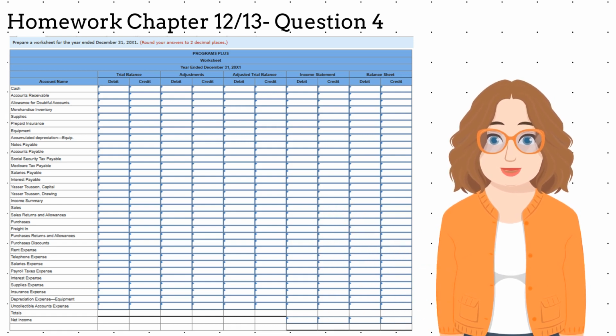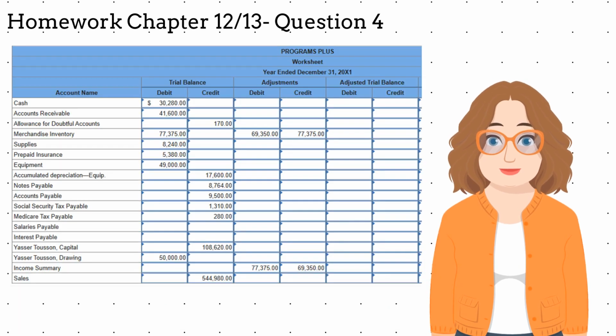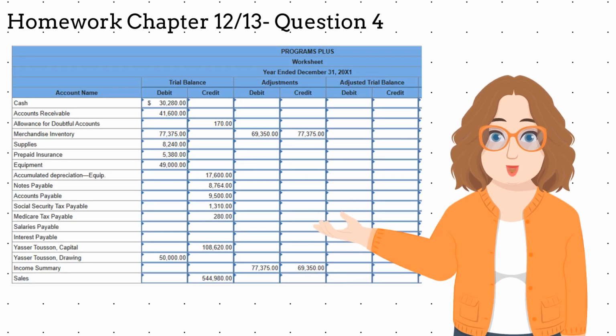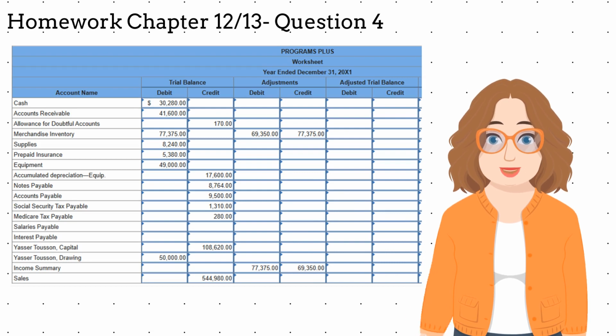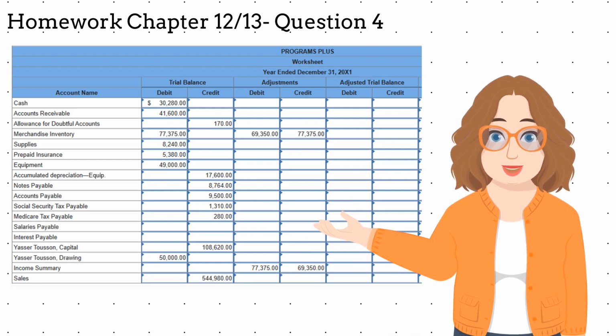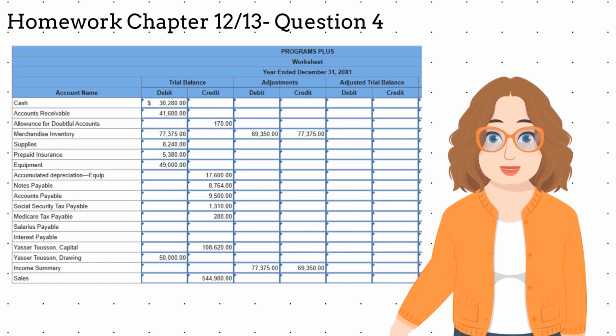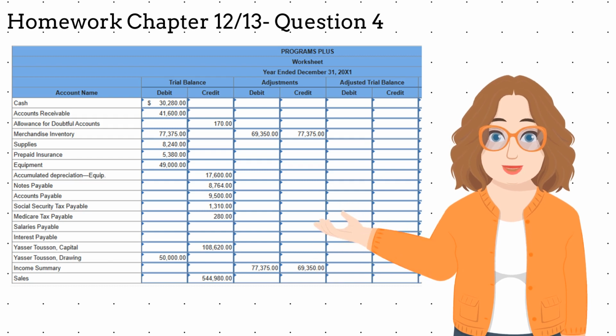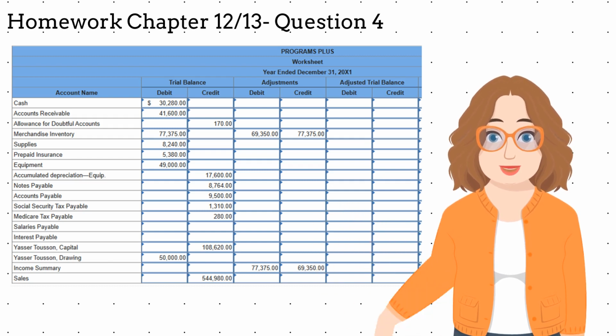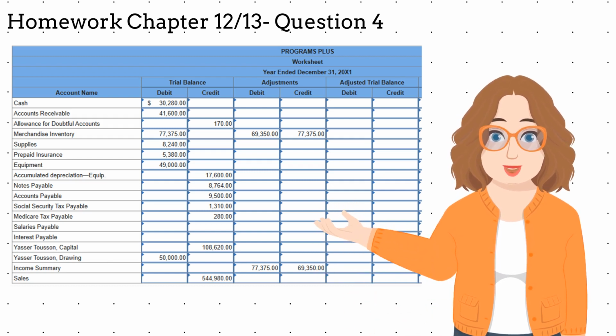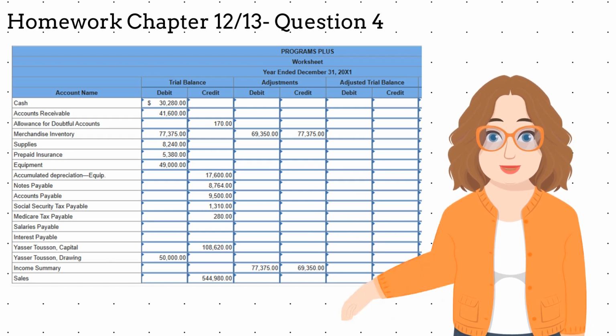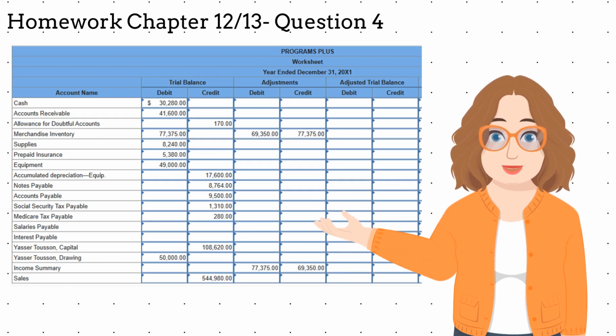Let's do the first 2 together. Ending inventory as merchandise inventory on the balance sheet. We record the first entry by debiting income summary and crediting merchandise inventory for $77,375. We then record the second entry by debiting merchandise inventory and crediting income summary for